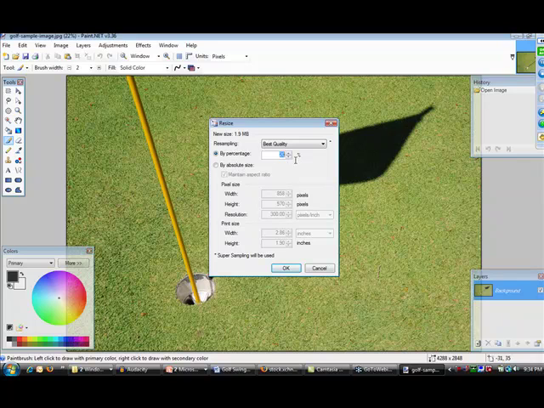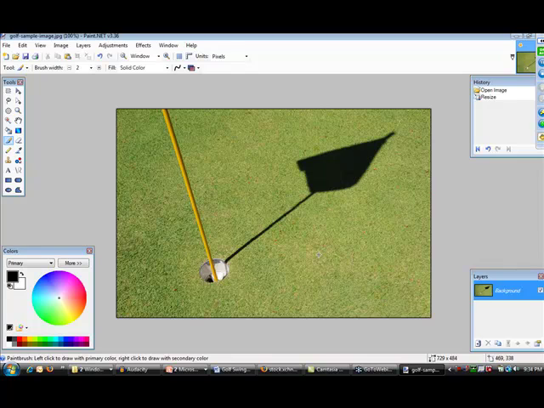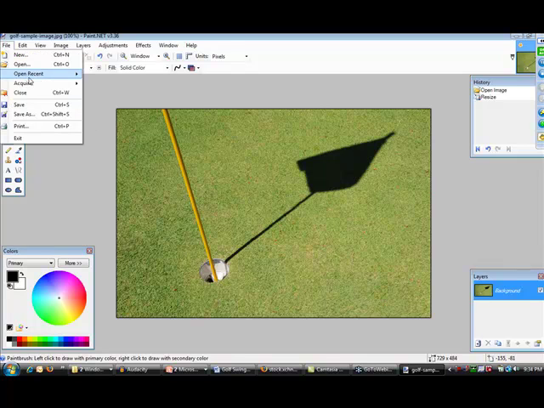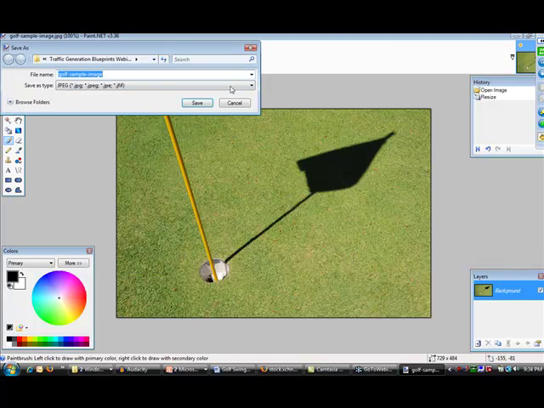What you want to try to get the file to be at is around 640, between 640 and 800 in width and height, in that range. So that's about what we want it to be. So I'm going to just resize it to fit that. Notice that's a good size right there. That's a great size. So we're just going to go File and then Save As, and then we want to